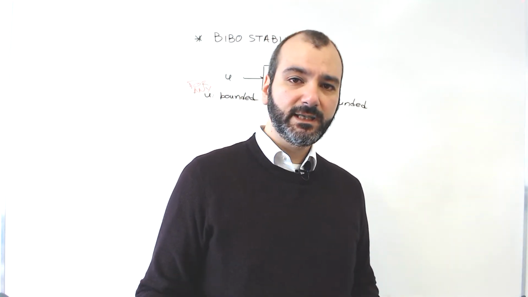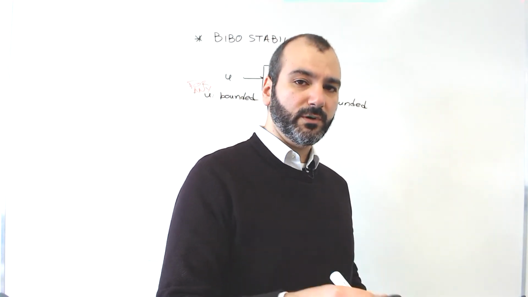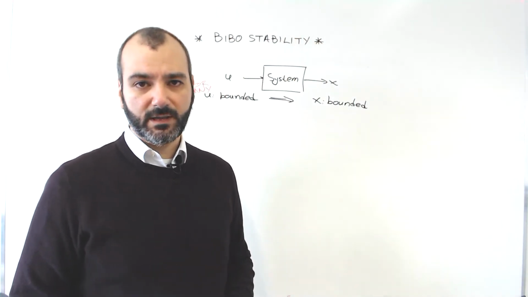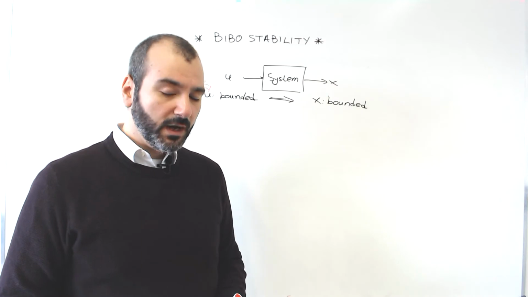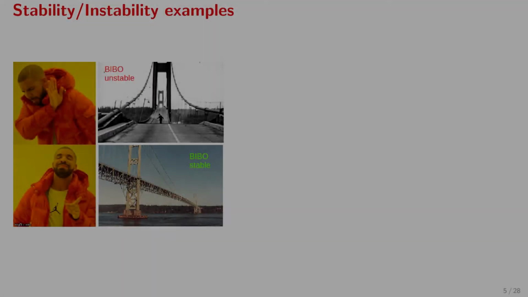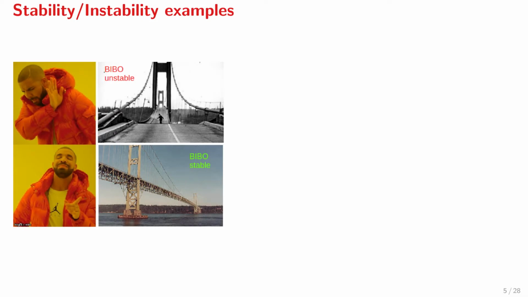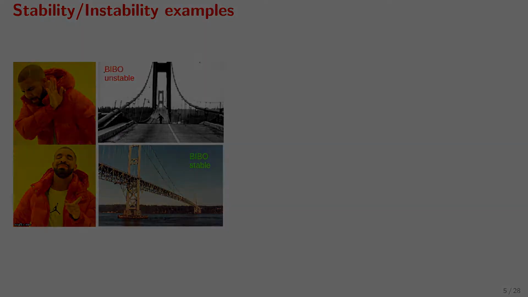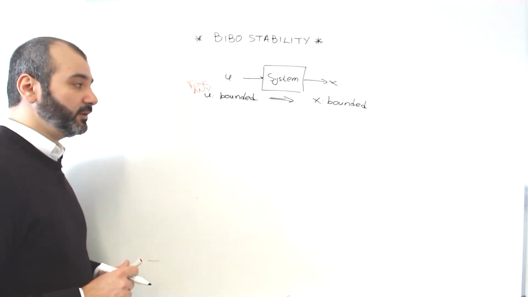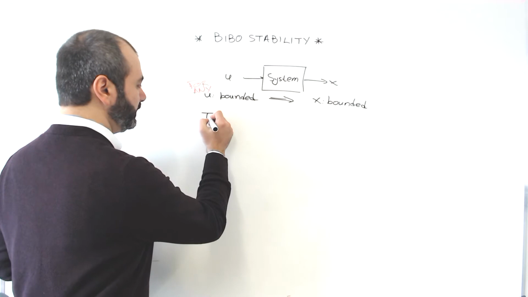So what we need here are some proper mathematical theorems that we can use to tell whether a dynamical system is stable or not. Otherwise, we could end up in situations like the Tacoma Bridge, which wasn't designed properly, and a certain vibration caused from the wind made it just collapse. So here is the first criterion, and this is a very useful theorem, a very useful result. Let me write it down for you.